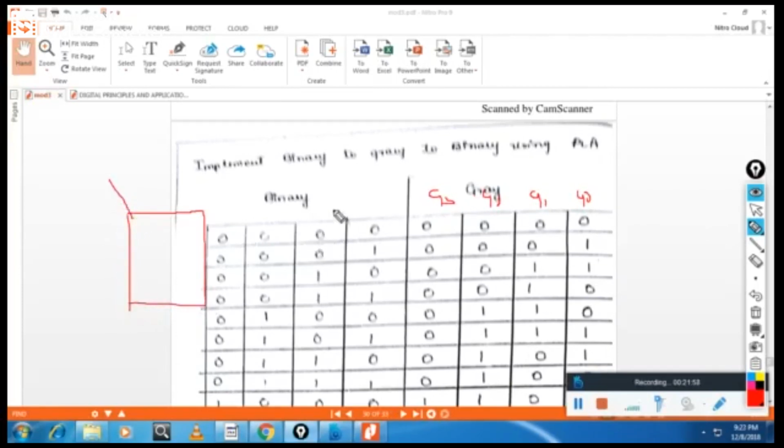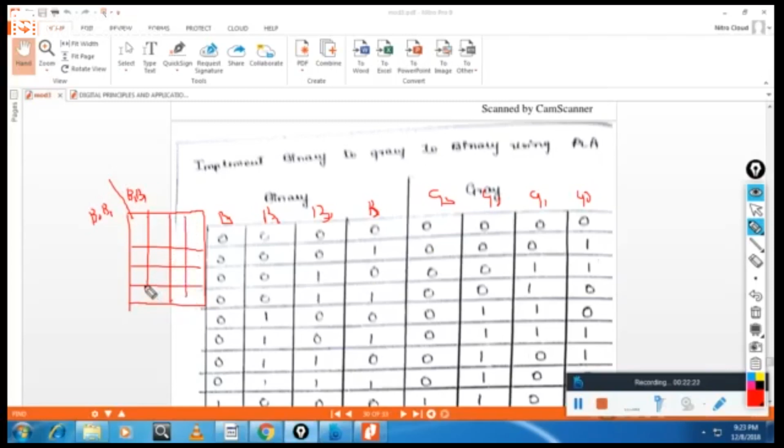Here you use B0, B1, B2 and B3. So try to solve this one by using a K-map.